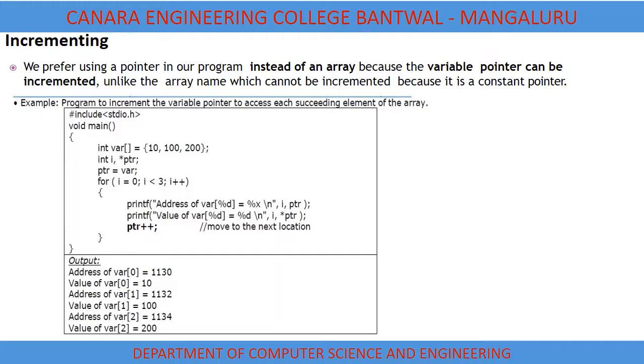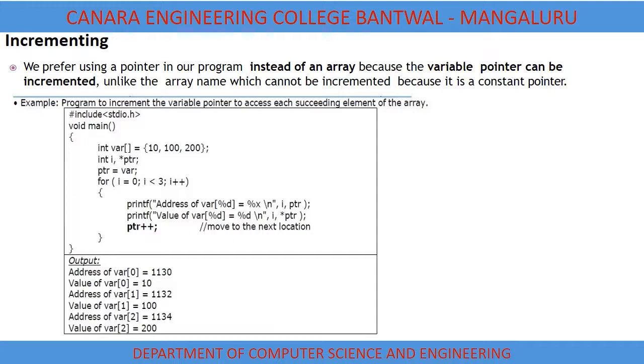So we can see the illustration of the output is as follows. You can see the address of variable 0 showing in the first line of the output. It's showing the address as 1130, and it is printing the first array content, that is 10. Next it is going to retrieve the second data, that is 100, but as you can see the address is 1132